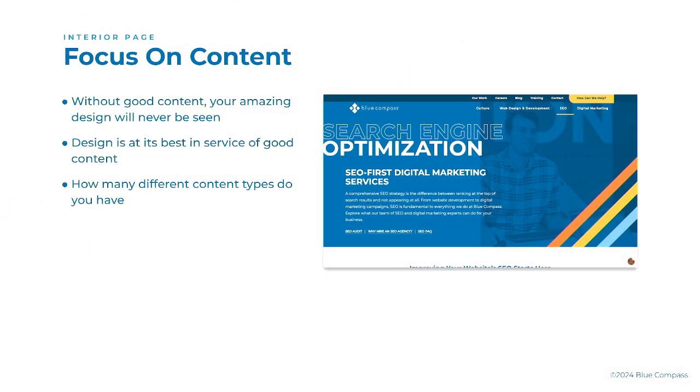One question to ask yourself when it comes to content on a site, and this is one of the surprises you find when you do a content audit, is how many different types of content do you have? Do you have FAQ pages? Blogs? Service pages? Product pages? Call to action pages? Case studies, white papers? The list goes on and on, and you start to forget about that a little bit. Understand that with all of those different content types, you need to have a template, is what we would call it,